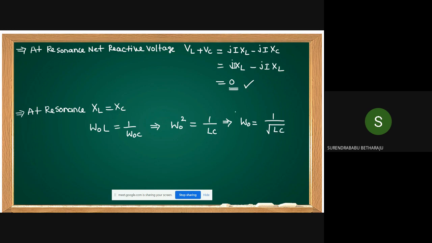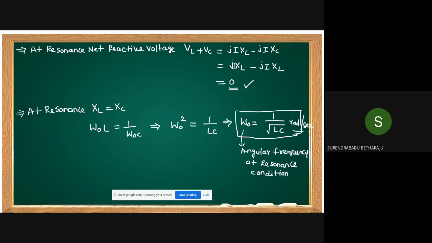This is the frequency at resonance, the angular frequency at resonance condition. What are the units? In radians per second. Then once you know omega naught equals 1 by root LC,